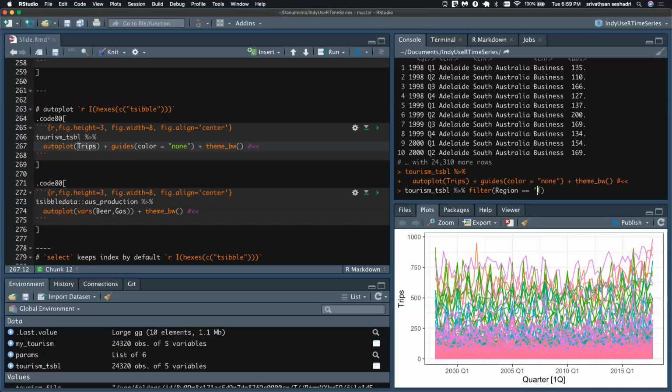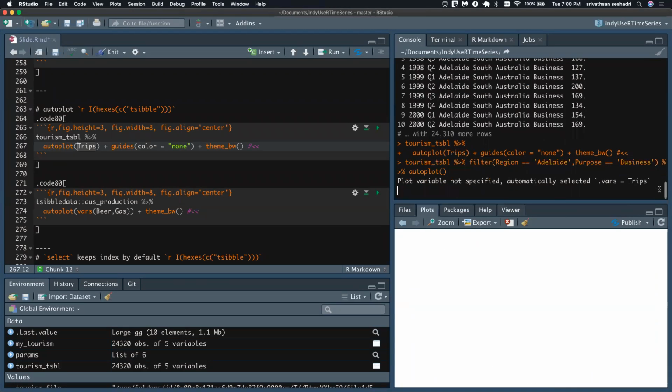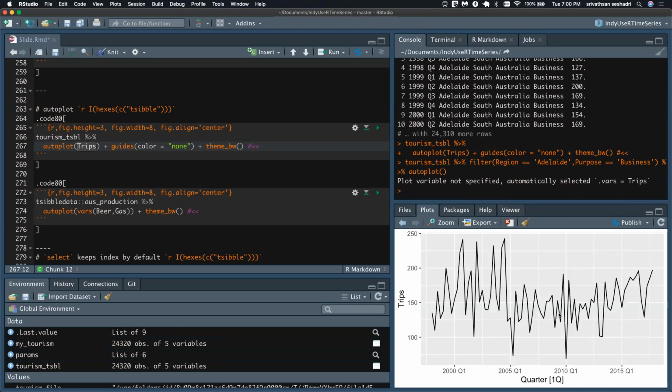You can use the tidyverse schema and filter the time series and then simply autoplot it. See, so here you can use the same tidyverse grammar to do filtering and selection.